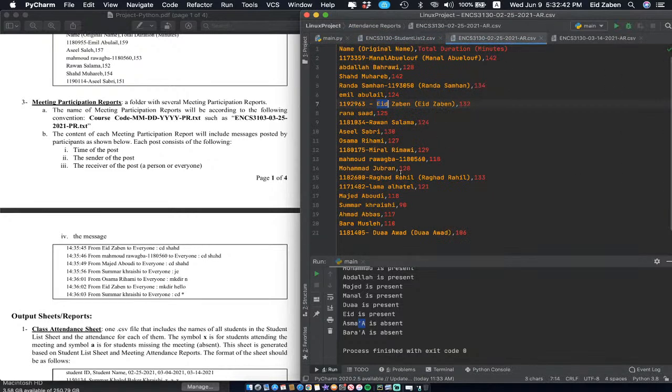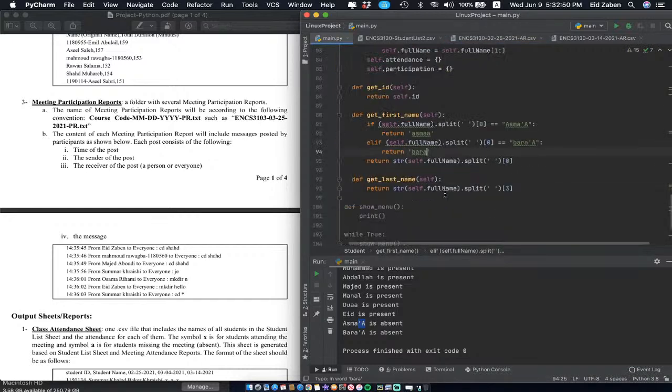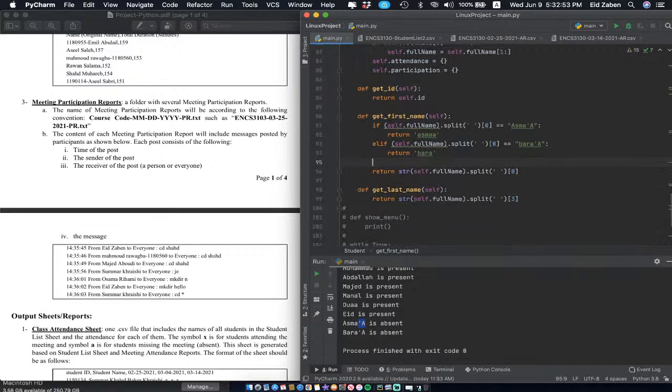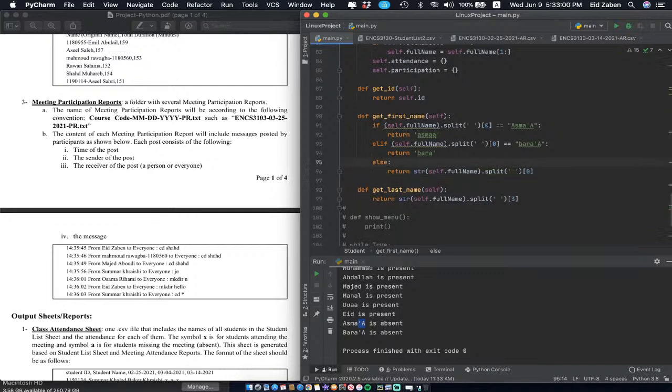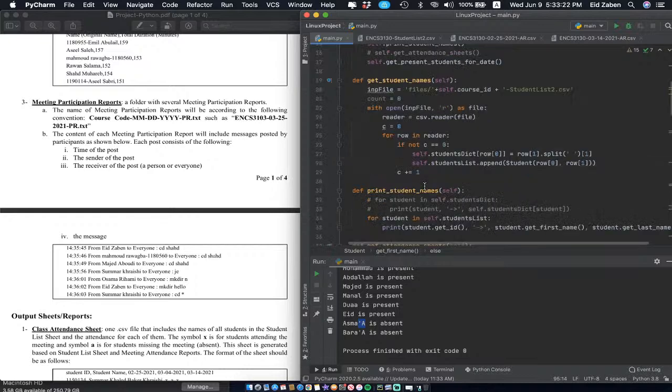Let me double check. So we go here. Let's find how he spells his name. Yeah, B-A-R-A, B-A-R-A, fantastic. And then if it's anybody else in the class, we're just going to return the name as is. So that is looking good. That should be fixing one bug that we currently have, I think. We'll test it in a second. Now we just have to update the way we're checking to see if people are